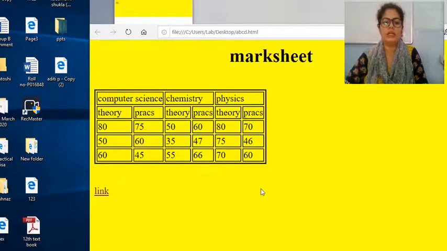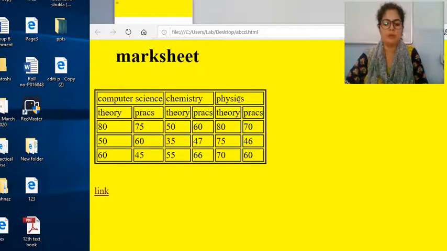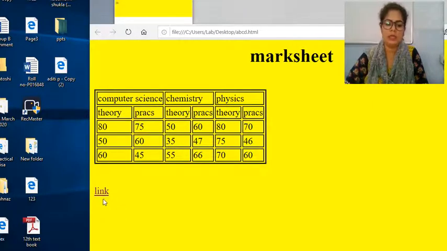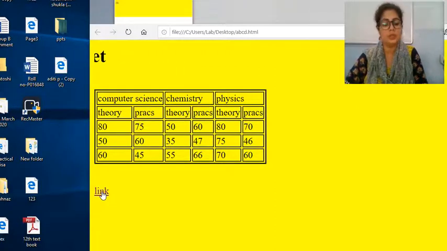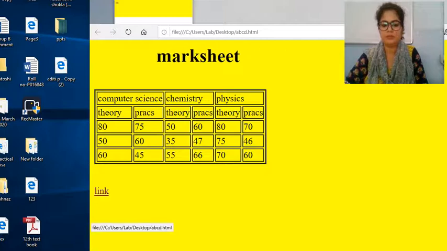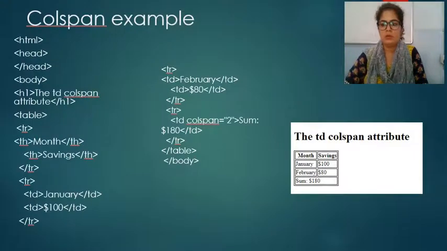Then we have created a table by performing spanning of columns, and after closing the table we have used the link part. That's why we used the anchor tag. It has created a hypertext with the name link, and when we move the cursor on this, it changes into this cursor, which shows that this is hypertext. So students, I hope it is clear to everyone how we have created tables and how we have performed row span and column span.